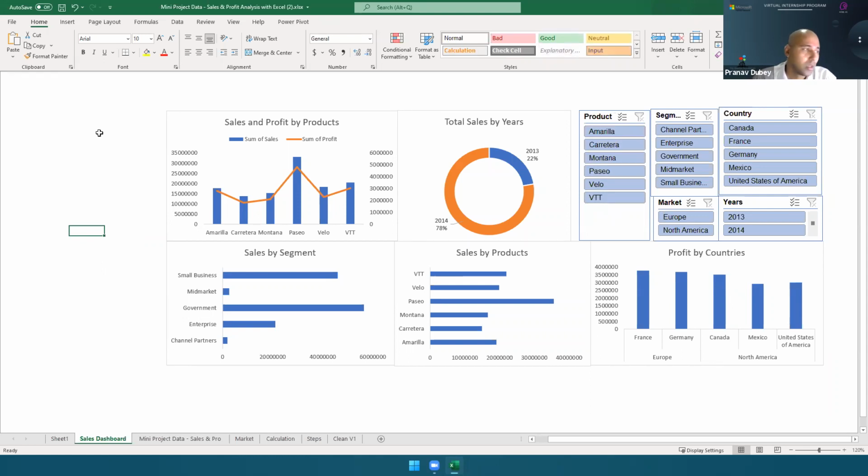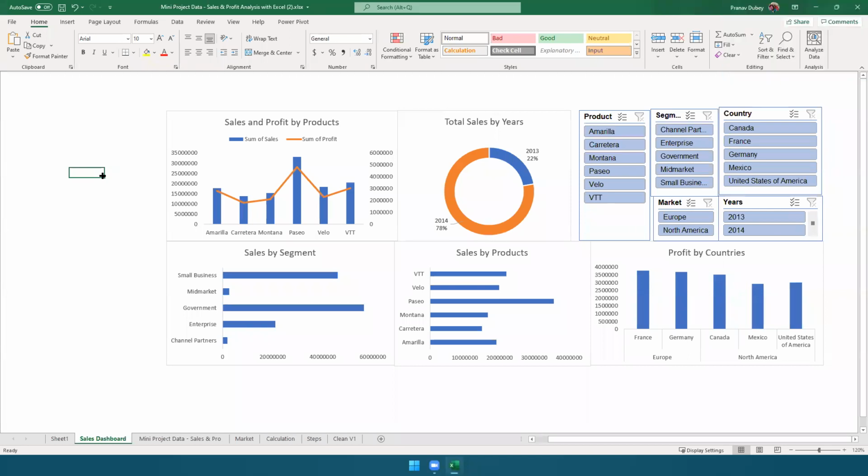Okay, now we have created a very simple dashboard. Our data is also very simple. So for learning purposes, we have created this very simple dashboard. I believe you understand the concept. I believe you understand how to format a chart, how to create it, and how to add a slicer. Basically with slicers, we are adding interactivity in our visuals. Now, the last thing is that